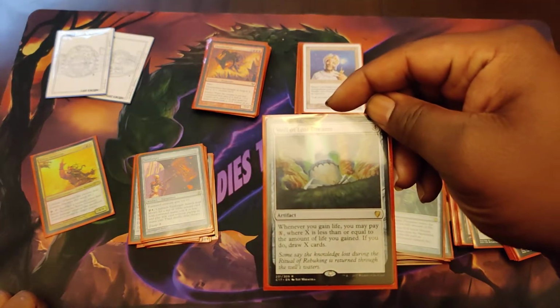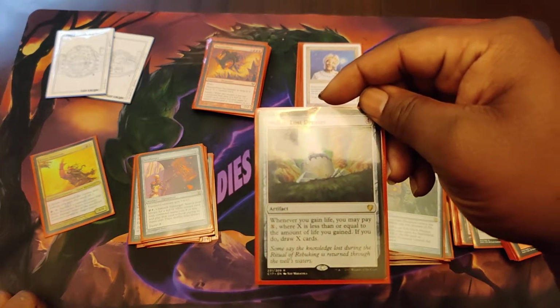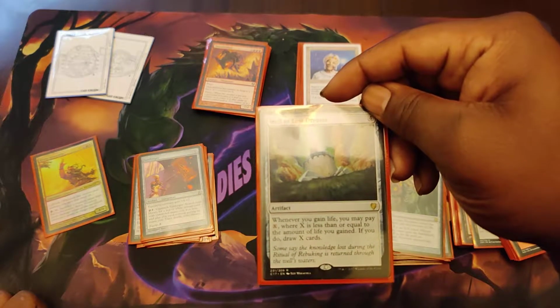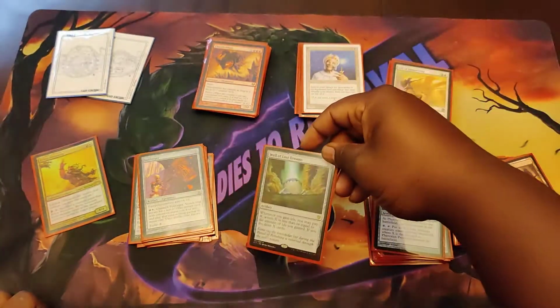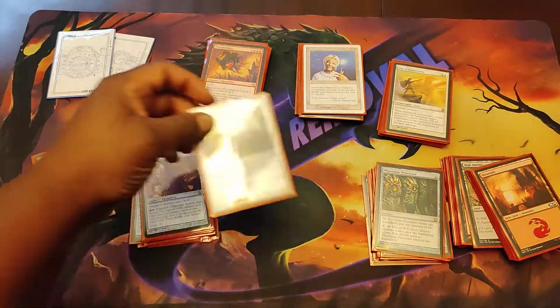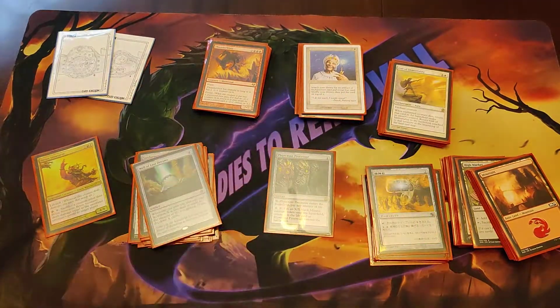So there's the actual card effect. When you gain life, you may pay X, where X is less than or equal to the amount of life that you gain. If you do, draw X cards. It's good, but sometimes I'm doing better things. Another playmaker of the deck,